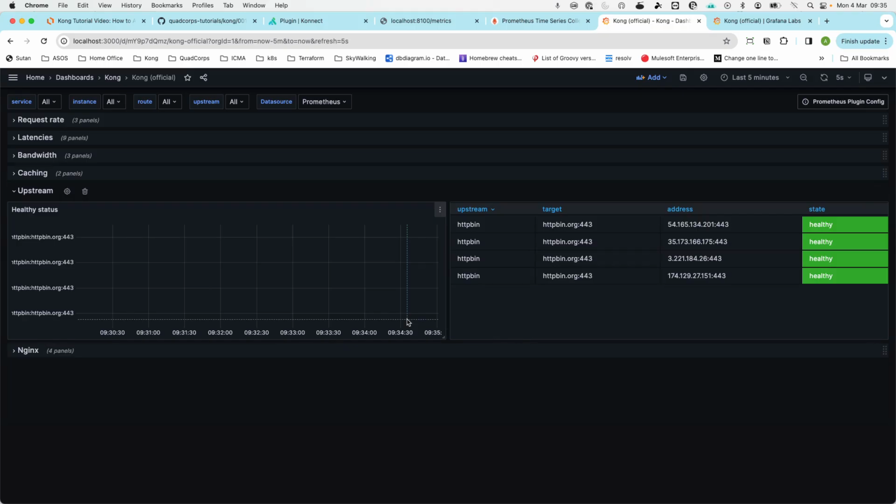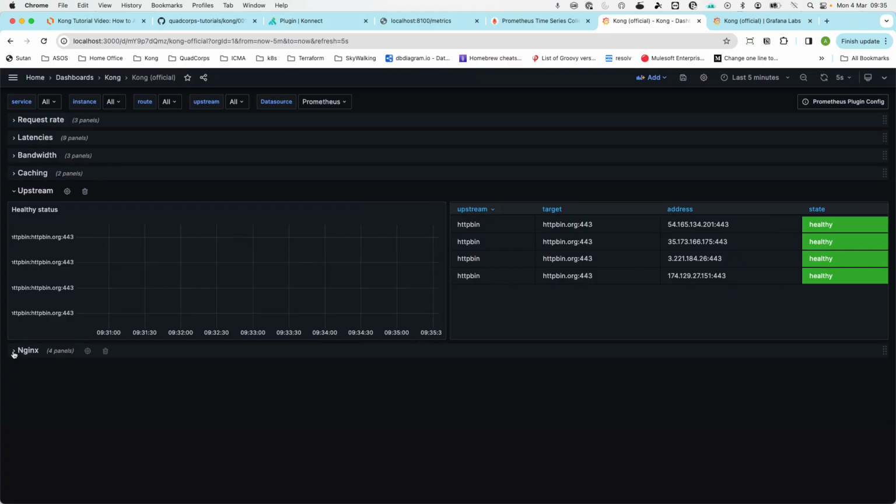So what's really nice here is I've configured my upstream to actually look at the health of that particular upstream. So you can see here that it actually is healthy. And this is one of the added features of the upstream mechanism. It's almost like a load balancer within Kong, which is a really nice feature. You can see that obviously httpbin.org has 4 different endpoints, 4 IP addresses, which is why I'm seeing 4 of those